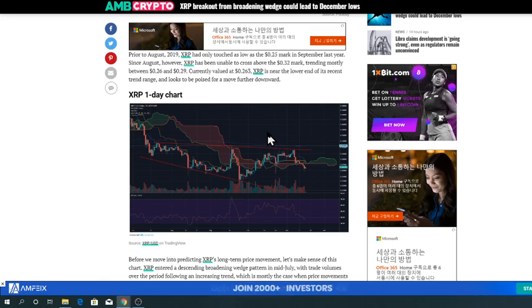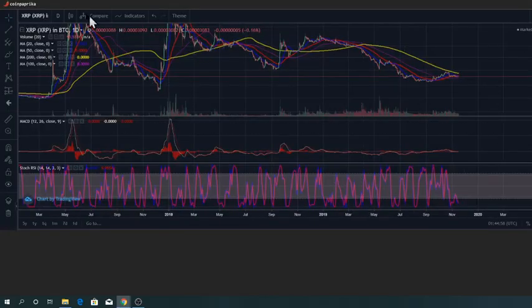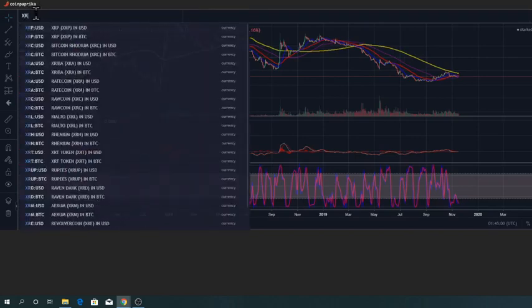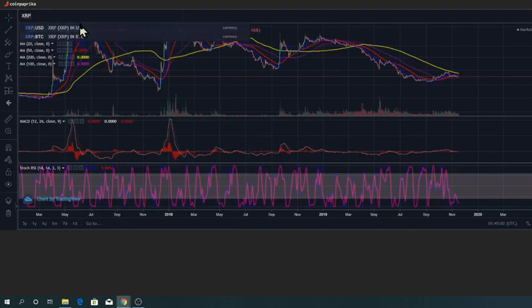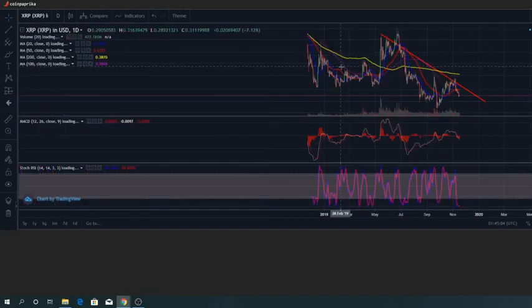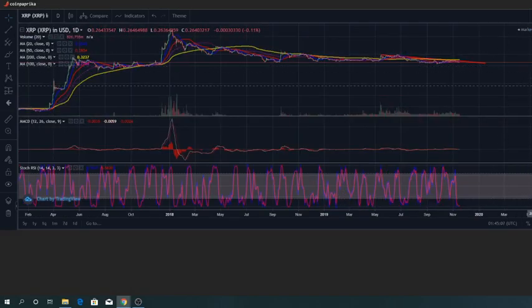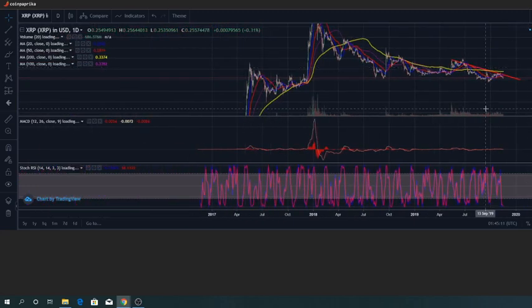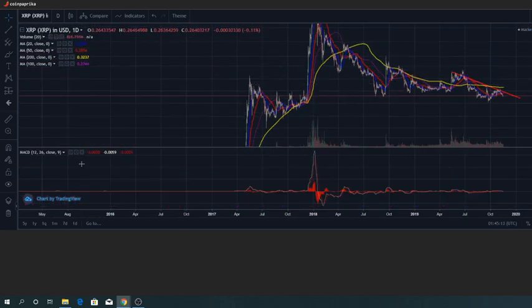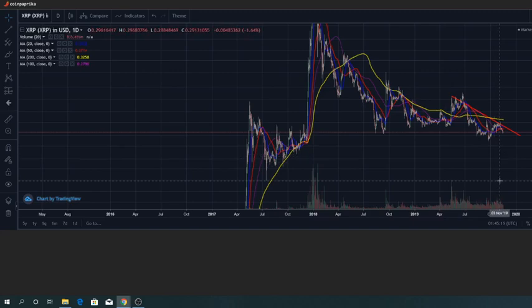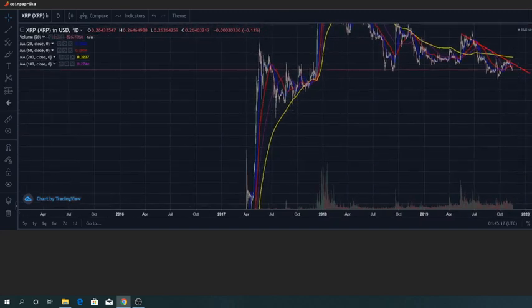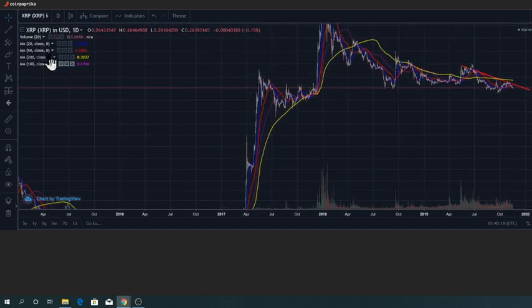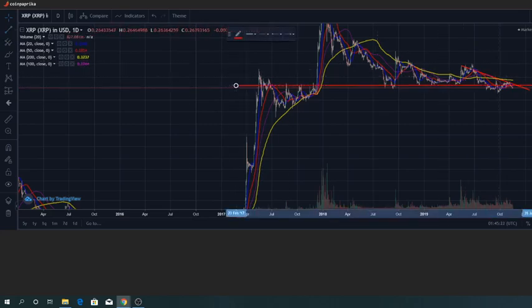What you have to do is try to understand where the support is, where the resistance is. At the end of the day, this is all human psychology, right? Where people think that it's cheap to buy in, or if it's expensive, I won't be buying in here. So in the same way, if you're looking now, this is a long-term chart. Okay, I'll actually take out the RSI, take out the MACD. Now if you look at this, you can see that this is a long-term chart. Now if you put your support and resistance zones, we did that previously.